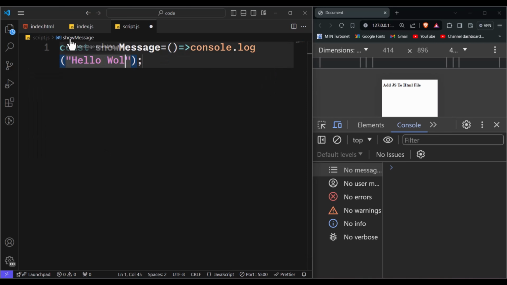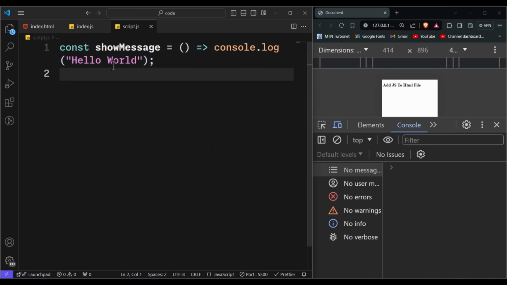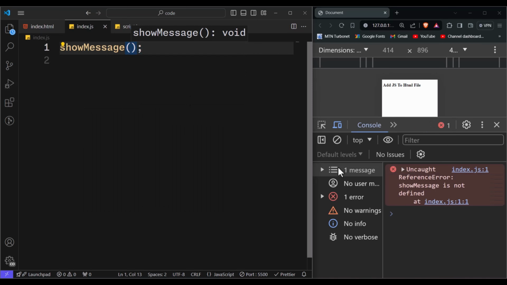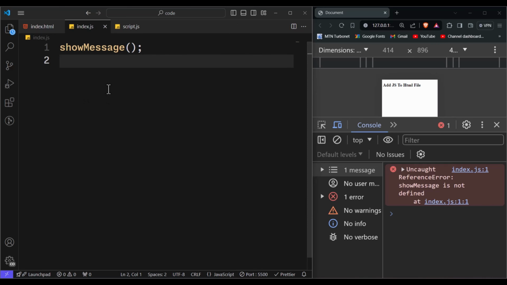This is not the best example, but it's okay for this. Now, when I try executing this showMessage here and save, we get an error